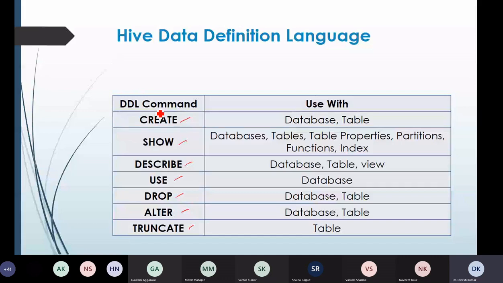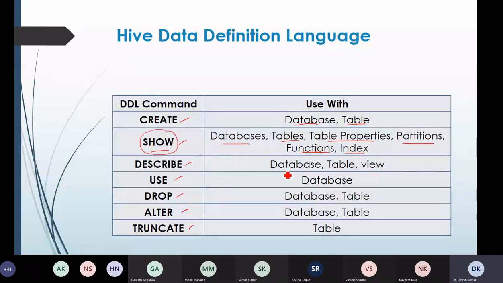That means the create command is applicable on the database also. The show command is applicable to many things: databases, tables, table properties, partitions, functions, and indexes. So we can show tables, show databases, and show table properties by using the show command.